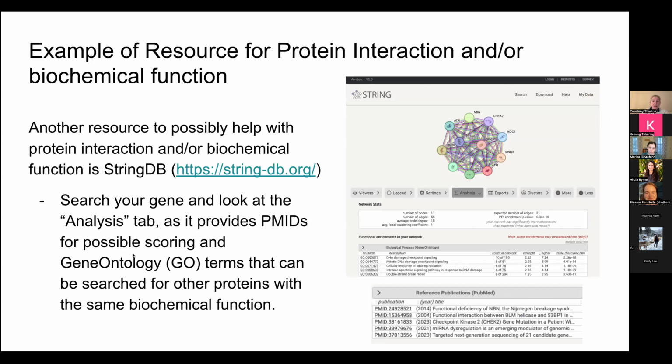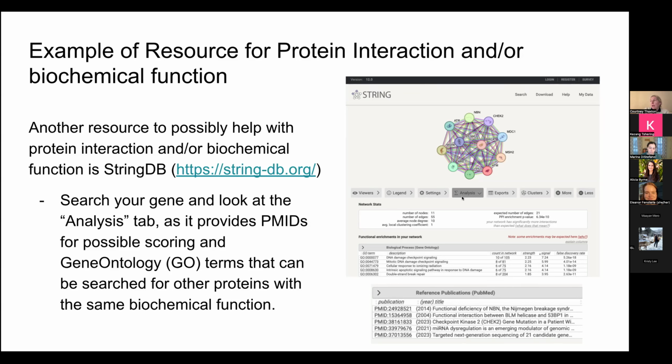Another resource, though, that you can think about as looking at cellular pathways and what other proteins might be in that signaling pathway within a cell is STRING-DB. We'll put this out, and afterwards we'll consider updating this in the SOP, but it's a really cool tool. If you go to stringdb.org and you search by your gene, you'll be presented back with this really cool figure. You can see different proteins, but what I would